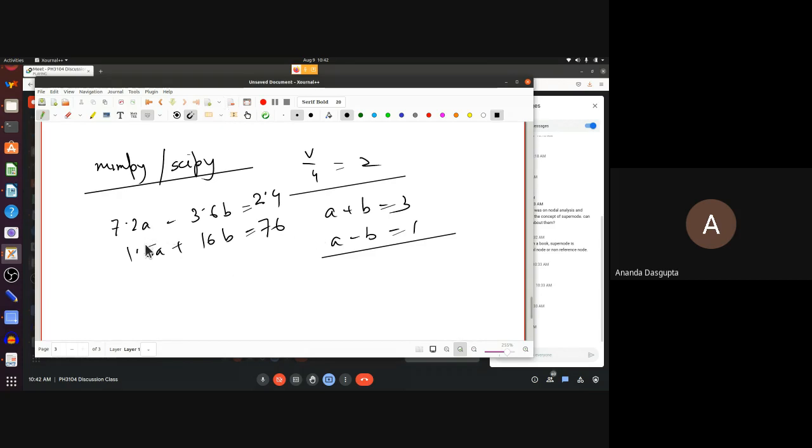Just fire up your computer, or by the way, your phone, because at least if you have a smartphone, which I'm pretty sure most of you do, you should be able to run Python, NumPy, SciPy perfectly well on it. Okay? You don't even need a laptop for this. The phone is good enough. So you can run this on your phone, on your laptop, and just find out the answer. All I'm asking from you is you should give me a screenshot of what you have done on your computer.